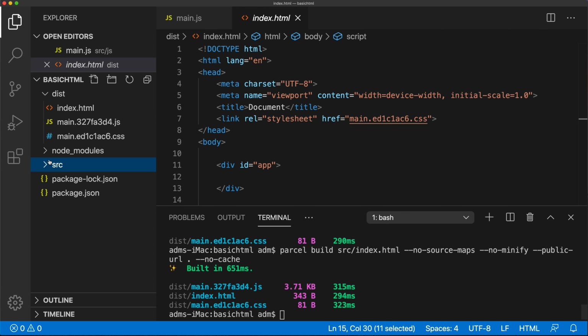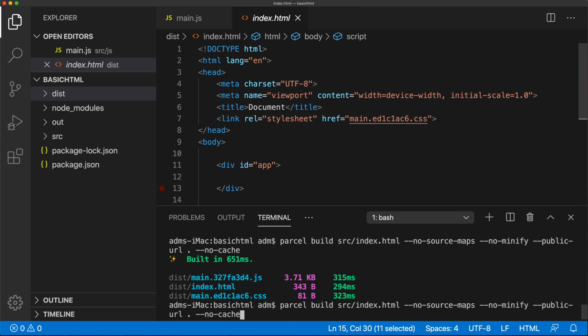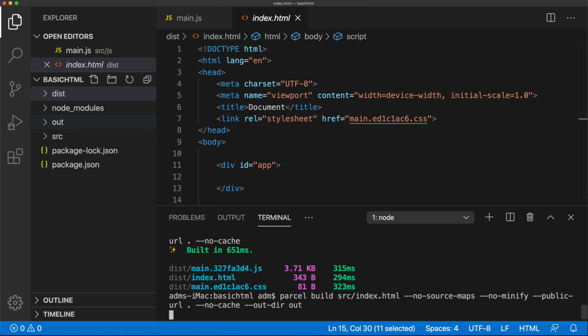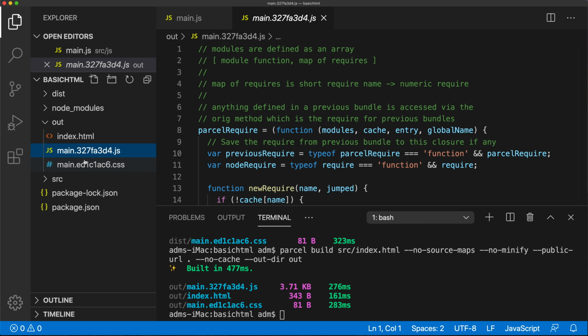So let's say we don't want it to go to this dist directory. We have our own output directory. So I can create another folder here. So that folder is basically sitting on top here on this level. So now what I can do, I can just go and add this out dir to this and then point to that out directory. So that's where I want all this stuff to be outputted. So I'm going to do this and run this. So it still ran,